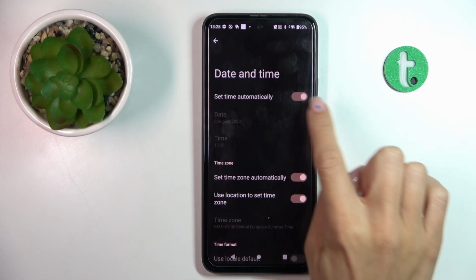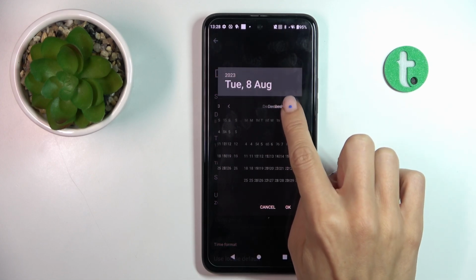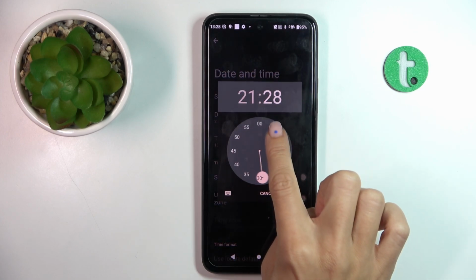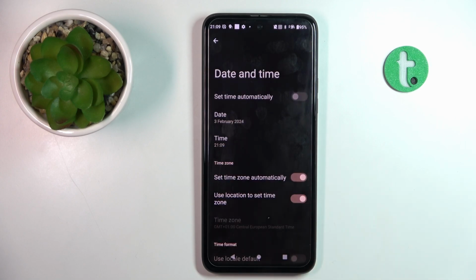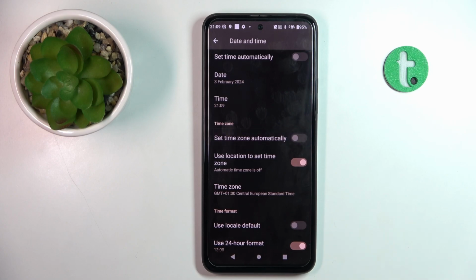At first you have to turn off automatic date and time and now click on date and manage it manually. Tap on OK to apply. And it's all the same with time, so smoothly mark the hour that you want to use, tap on OK, and that's it. This panel also allows you to switch off automatic time zone and then set